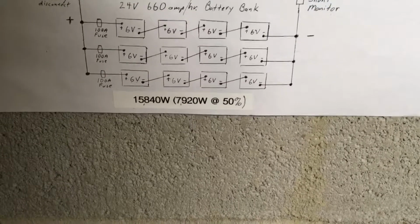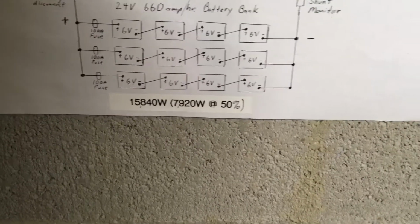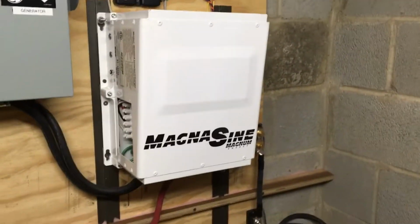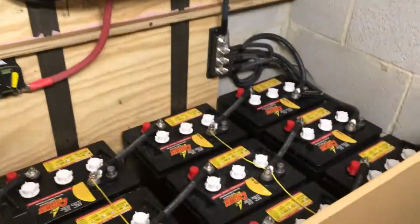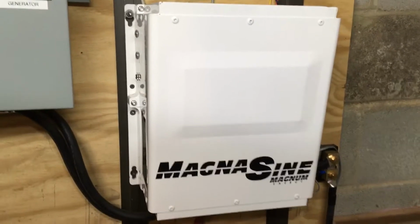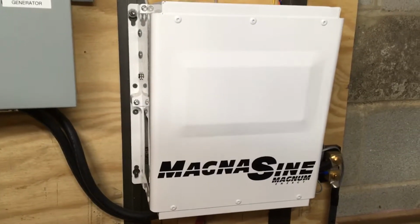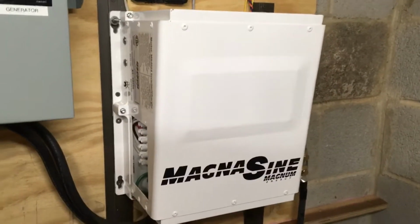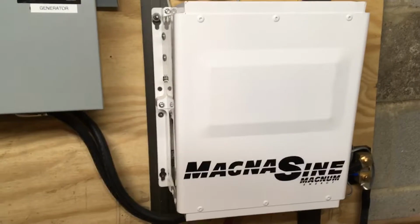It's probably more like 7,000, maybe even a little under that, of actual usage, I would say. And the reason why, the inefficiency of the Magnum itself. It also depends on resistance of the wires, the battery temperature, age of the batteries. I'll run light loads on mine, so according to the manual, the graph shows probably about 91% efficiency at what I run. But if you run heavy loads, it can go down to 85%. So, nonetheless,